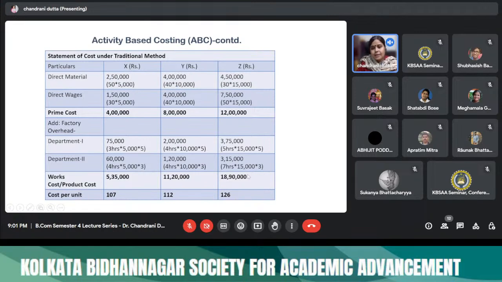Okay, so if you see in the traditional part, Z is having the maximum cost and X is having the least. And now if you see the picture under activity based costing, it will definitely be different. Okay, understood? Clear the traditional part till this part? হ্যাঁ ম্যাম, বুঝেছি।